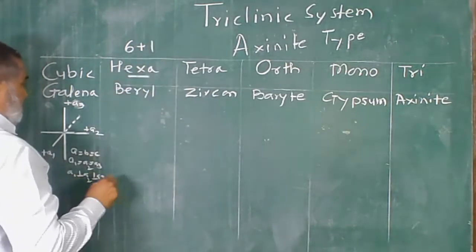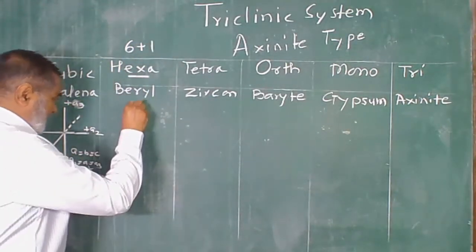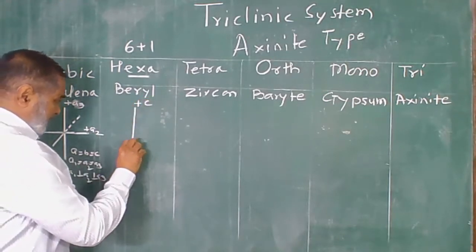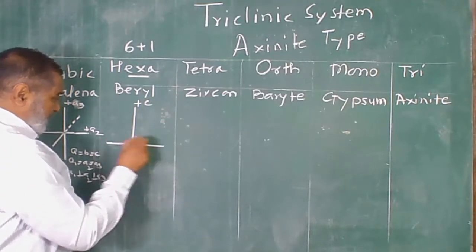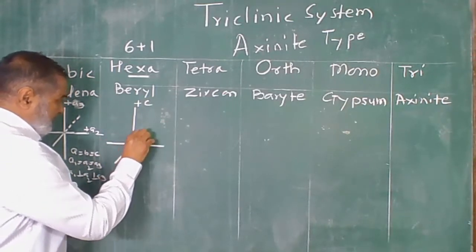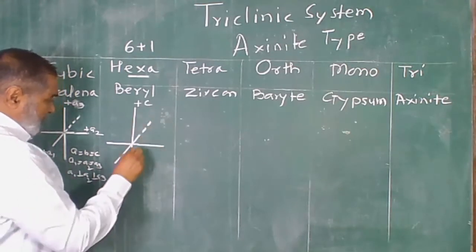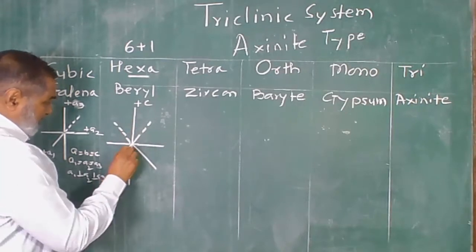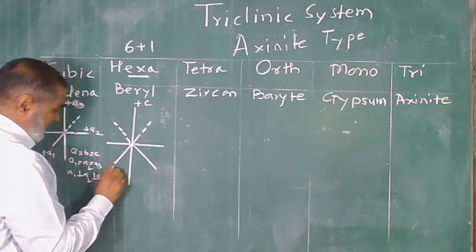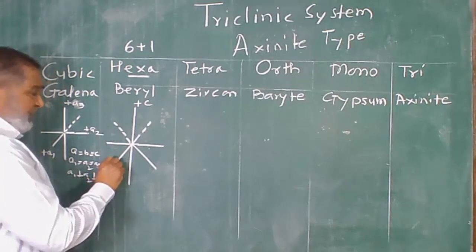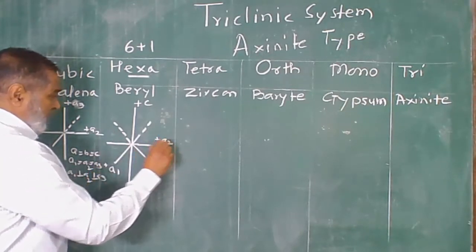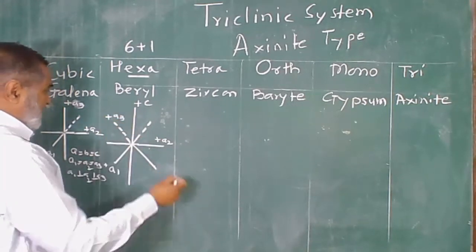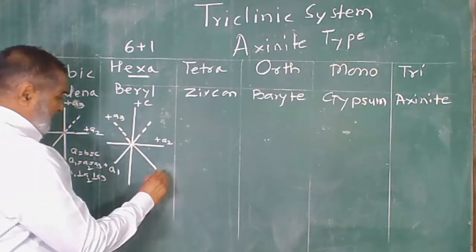6 plus 1, yes, we will see that later on. First we'll see the axes. C is the longest one running from top to bottom, B running from right to left, A running from front to back. And now one more axis will be introduced in the front. So now all the three horizontal axes are equal. A will be denoted as A1, B will be denoted as A2, and A3 will be there, coming from back to front, and front is the negative side.